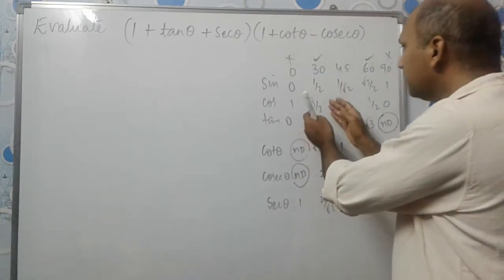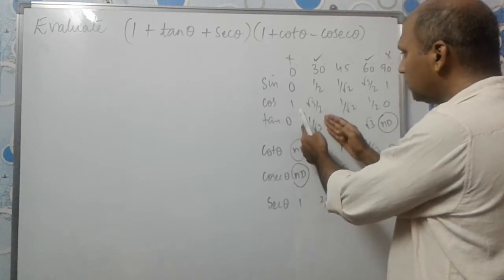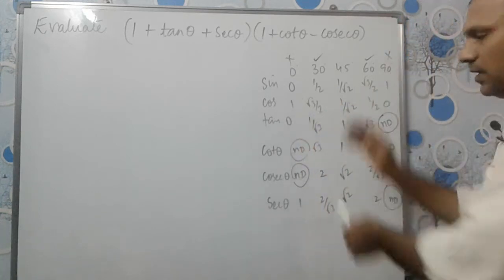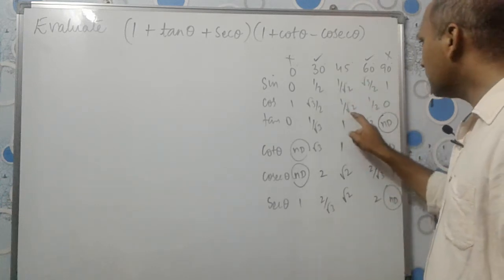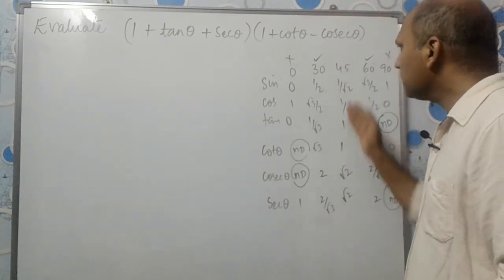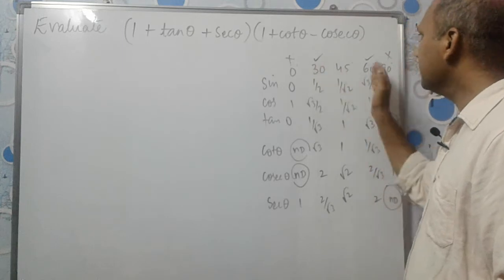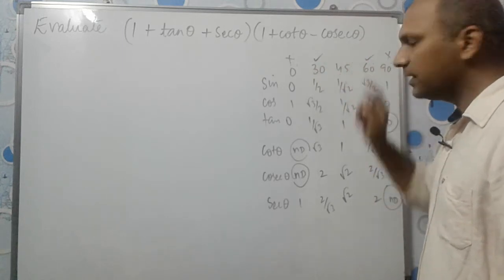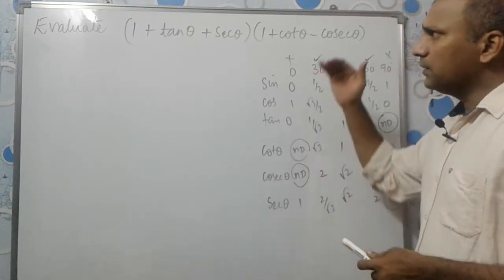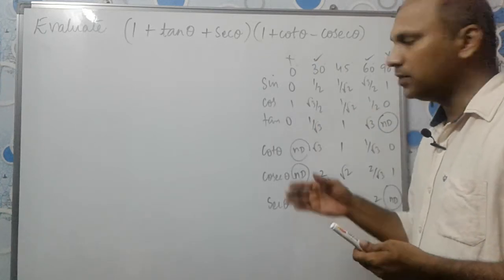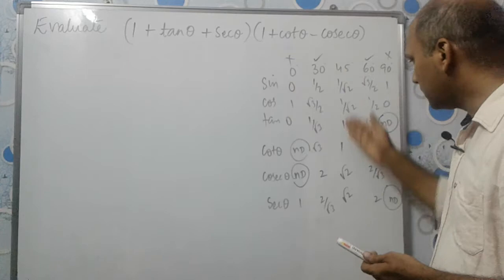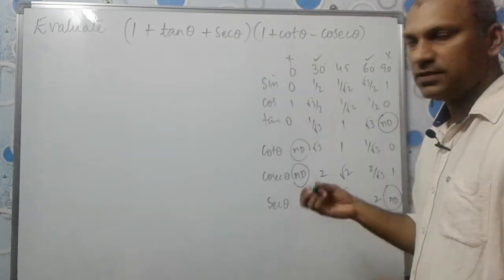But in 30 degrees, we have root 3 by 2, 1 by root 3, right? Some difficult numbers will be there. Whereas here, 1 by root 2, root 2, these are a little easier compared to 30 and 60 degrees. So we generally take 45 degrees. This trick you can apply for competitive exams. If 4 options are given and you don't know which one is correct, just use theta is equal to 45 degrees and you will get the answer.